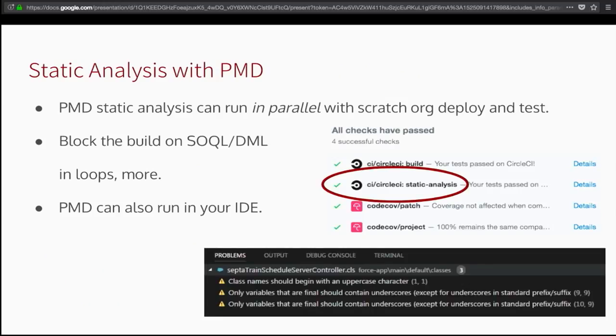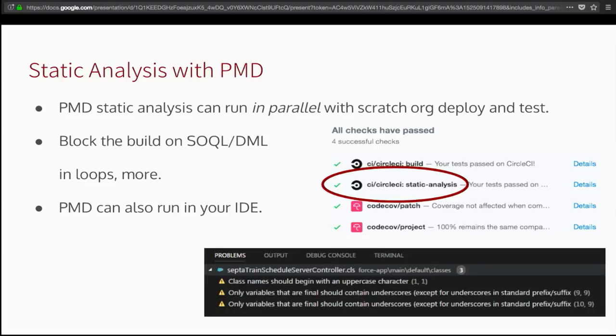Another piece we can bring in that actually applies a little bit earlier in the development process as well is static analysis. Static analysis is something that is used very heavily in other development tool chains, but that hasn't always been part of our Salesforce equipment. Fortunately, some folks have done really great work in bringing the multi-language static analyzer PMD to Apex.